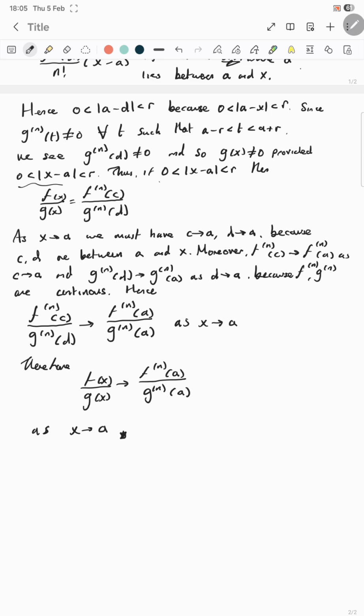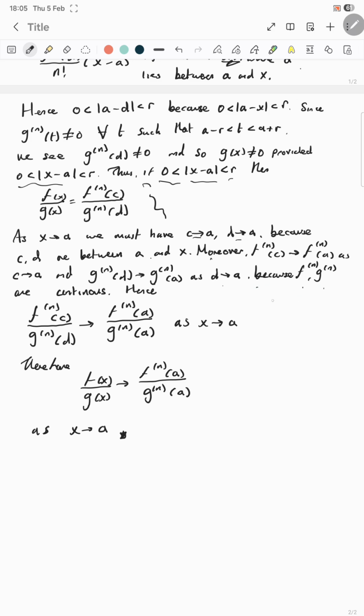Thus, if 0 is less than the magnitude of x minus a, which is less than r, then this holds. As x goes to a, we must have c goes to a and d goes to a, because c and d are between a and x. Moreover, f to the n of c tends to f to the n of a as c goes to a, and g to the n of d goes to g to the n of a as d goes to a,